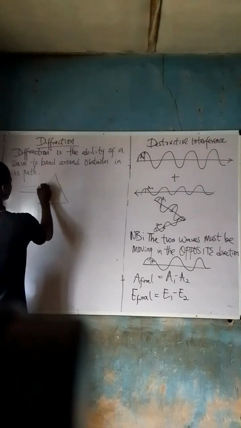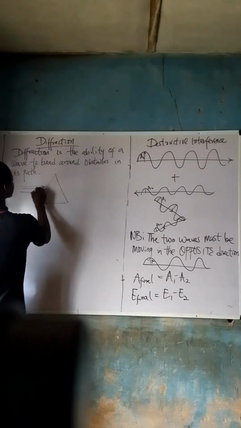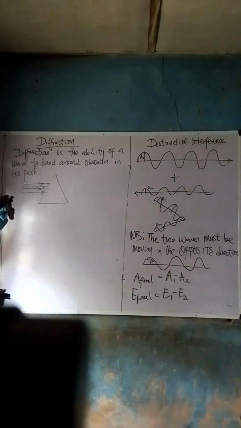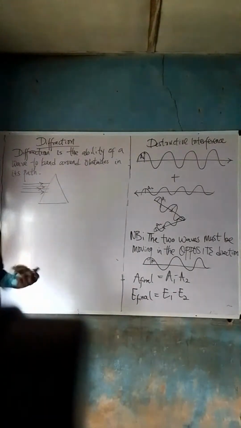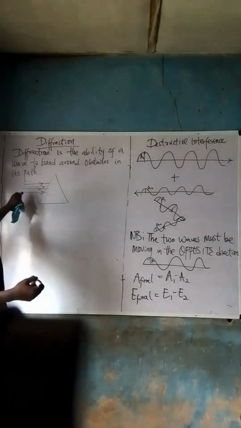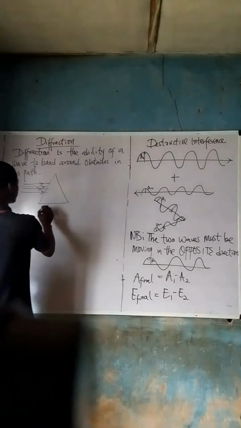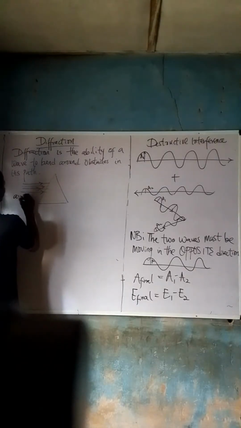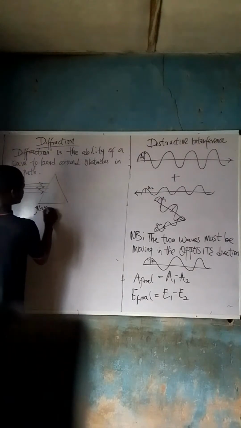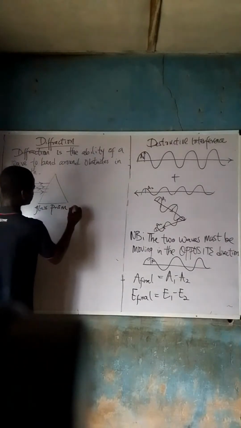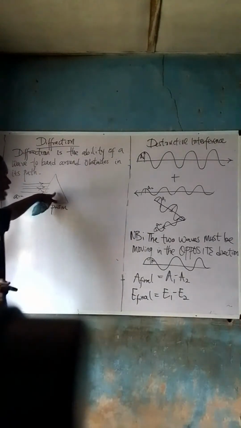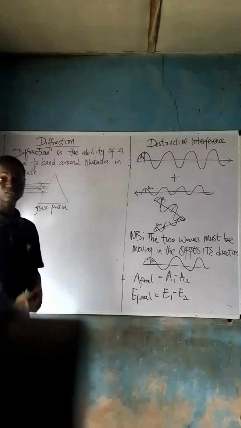Light rays coming like this. Now, as it passes through this, the glass prism has its own density, different from that of air. This is air, and this is the glass prism. The glass prism has its own density, different from that of air. So as it passes through, first and foremost, like we know,